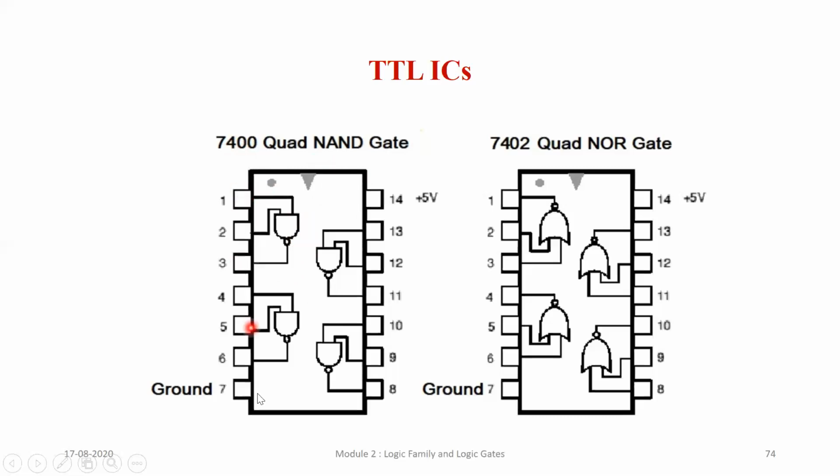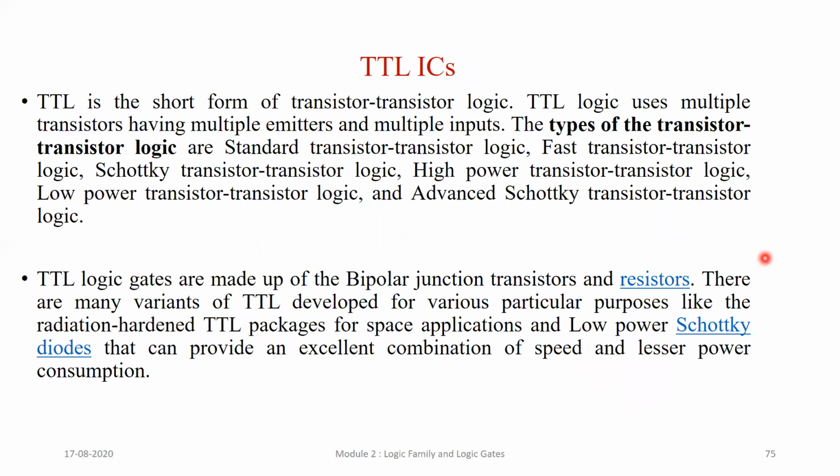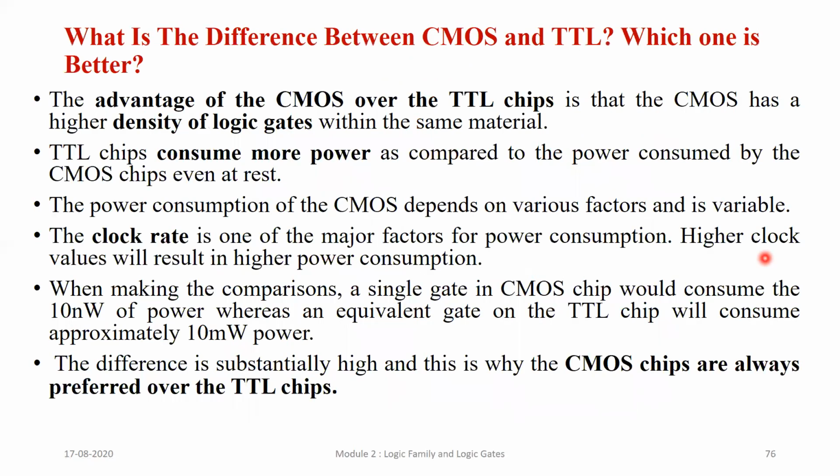So 1, 2, 3, 4, 5, 6, 7 and then 8, 9, 10. Opposite to 1 the last pin will be 14. Same way, wherever there is a dot or a notch, okay, there one starts. Okay, and then it is in the order. Okay. So no need to draw the TTL IC. What else? This PPT I will upload in Moodle.